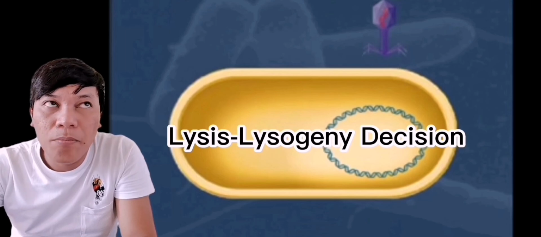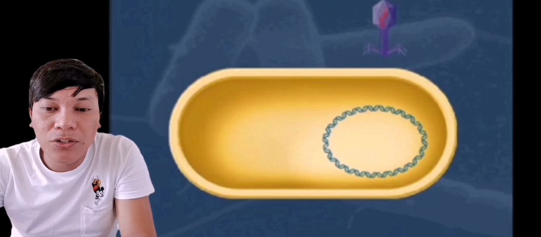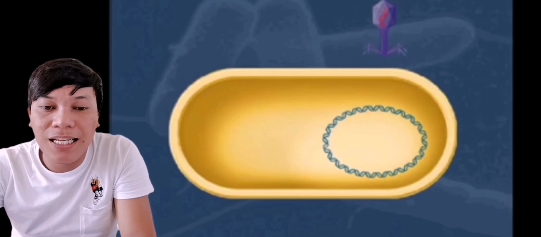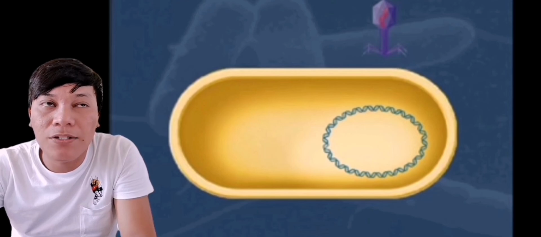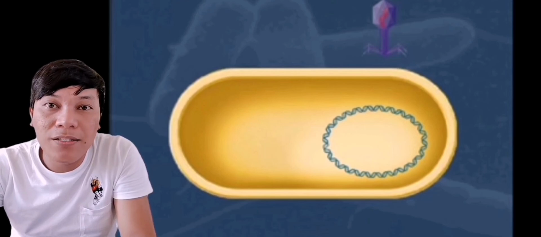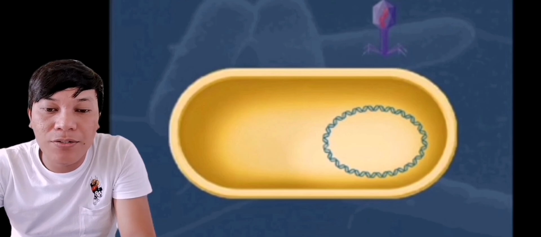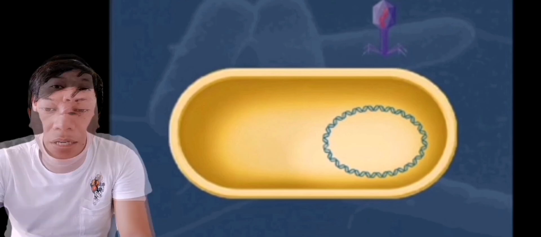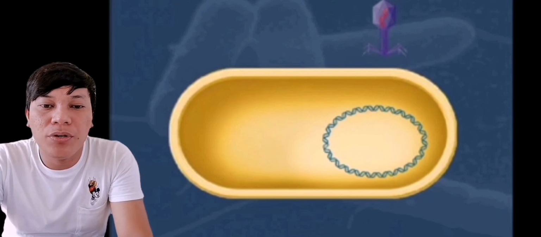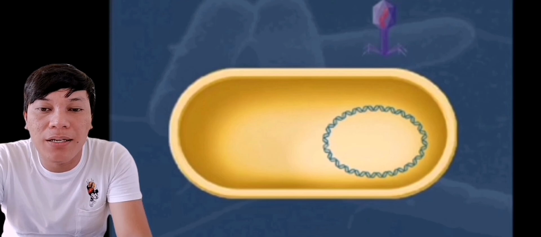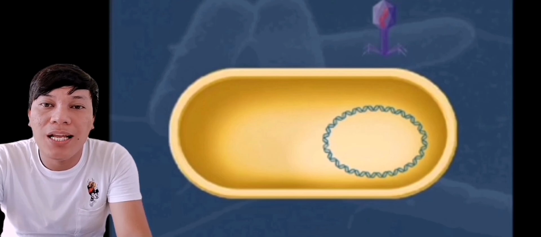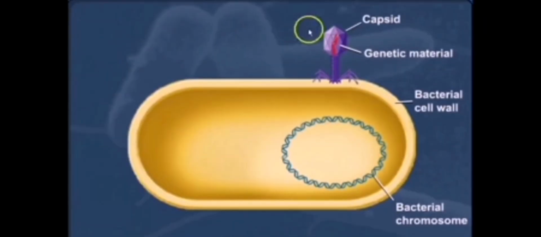So the multiplicity of infection greatly influences the final decision. In general, a high multiplicity of infection leads to lysogeny, whereas a low ratio of phage to cells results in lytic multiplication. To understand better how lambda initiates transcription from the leftward and rightward promoters, here is the video. This is the bacteria right here, and this is the chromosome of the bacteria,